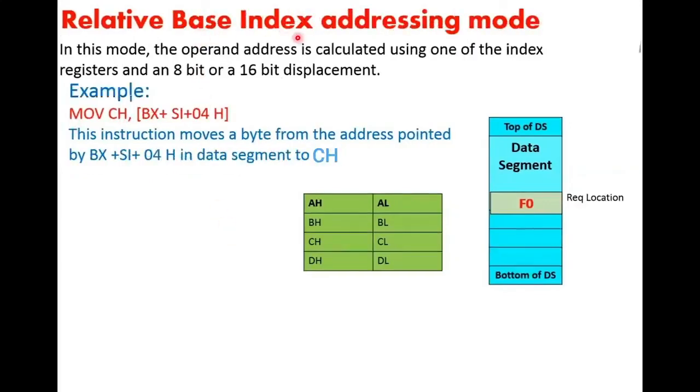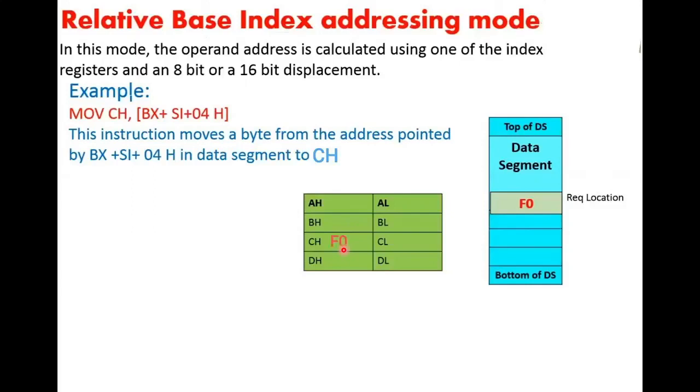Next one is base index together. So base register and index register together, along with that displacement also will be there. This has a 16-bit offset, and this also has a 16-bit offset, and both 16-bit offsets you should add, and this 4 also you should add with that. Then you will get a 4 hexadecimal digit value, right? That is your offset, and with that offset you should find the required location. In that required location F0 is there. That F0 I transfer to the CH register. I hope you understand this